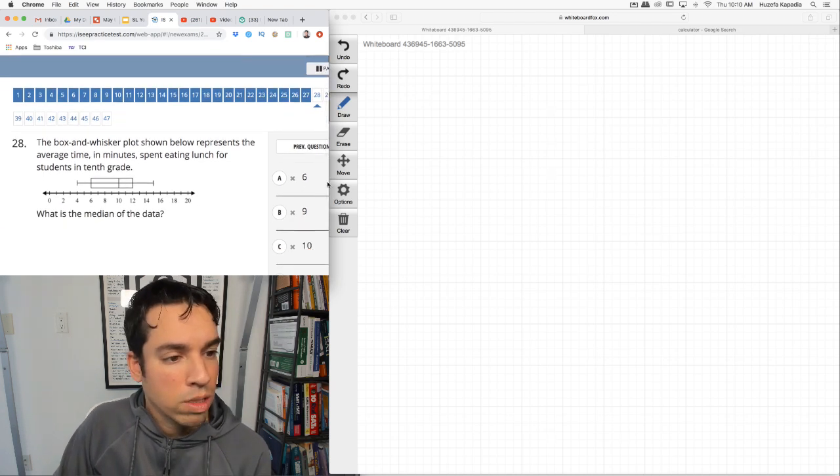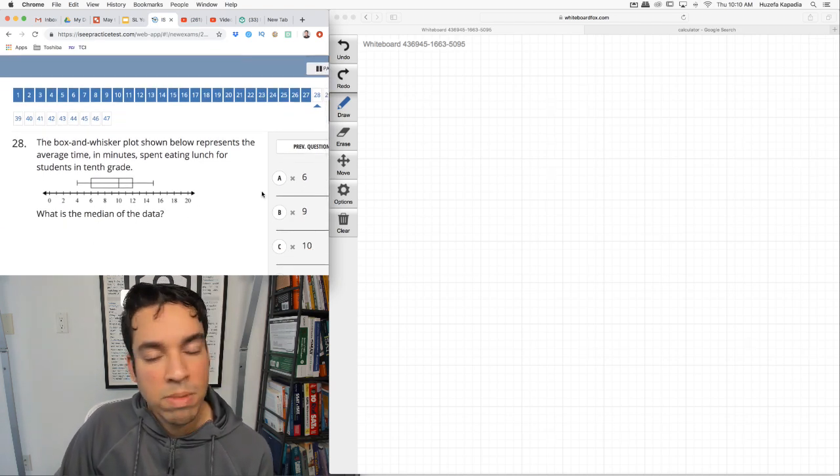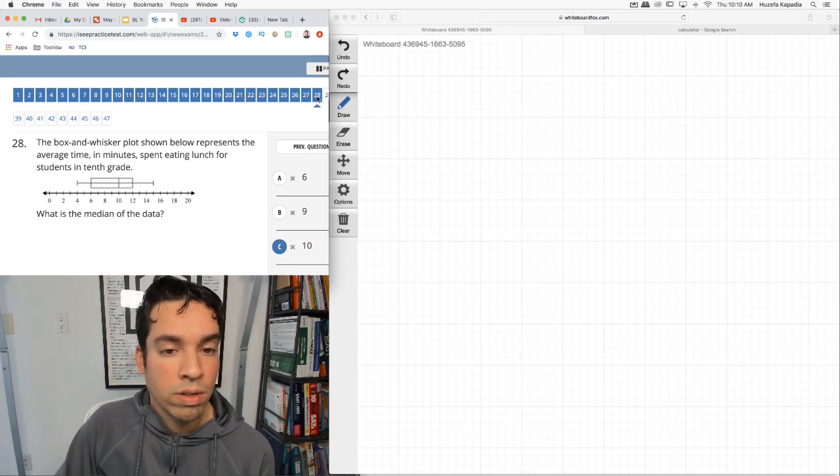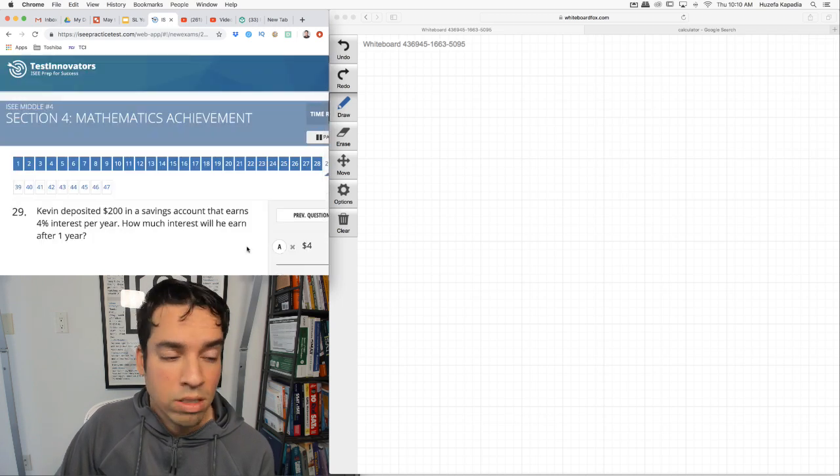Box and whisker plots shown below. Average time in minutes. What is the median? All right. Skip all that. Box and whisker plots. You just got to be able to read them to solve this. The median is this little line right here. And if you know how to read a box and whisker plot, super easy, right? It's 10. Don't even have to think about it. They do test on box and whisker